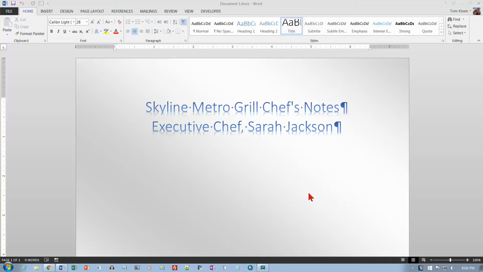a file. At the top of the screen, in your title bar, notice that Document 1 displays, and it may or may not have the file extension on it. Mine does. I've got my computer set to show file extensions. Yours may not. And what we want to do is go to our File tab over here,